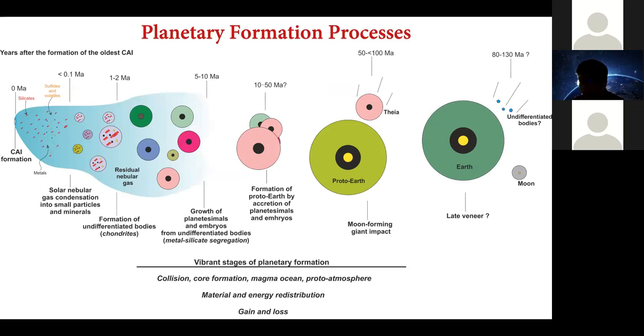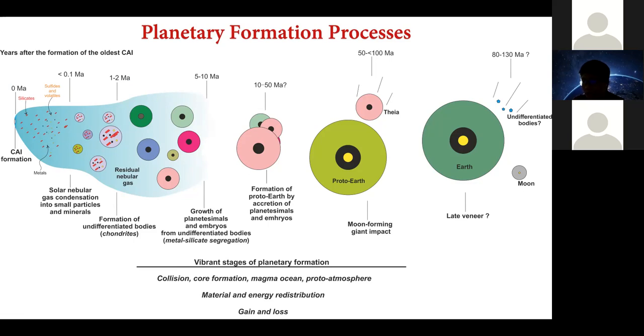So, understanding the accretion history of Earth's volatile elements such as sulfur, carbon, nitrogen, and hydrogen is very important for understanding planetary formation, evolution, and habitability. Here we made a simple cartoon to summarize the accretion of Earth. The formation of calcium aluminum inclusions is defined as the starting of the solar system. We can say first a nebular gas condensed into small particles